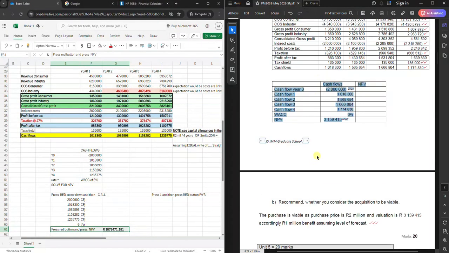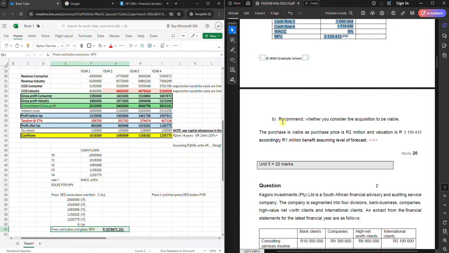Right, that's it. That's question one. What else do you have to do? Recommend whether you consider the acquisition to be viable. Is this NPV positive or negative? It's positive and it's below what they wanted it for. Positive NPV, so you accept the project, right? Okay, purchase price is viable as purchase price 2 million and valuation is accordingly 1 million benefit assuming level of